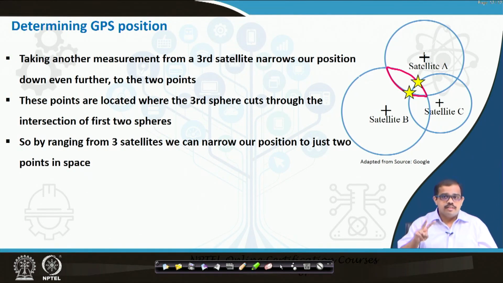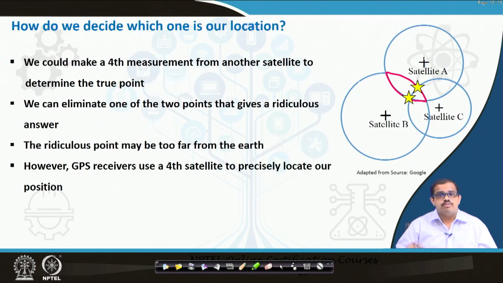So, with these 2 points, we try to find out the fourth point, because when the fourth measurement is done, it is to measure a true point. So, how can we do that? The satellite looks at which is the point that is extremely ridiculous, which may not be in the range, or is too far from the Earth's surface. With this it will precisely locate the particular point where the user is actually located at this altitude.